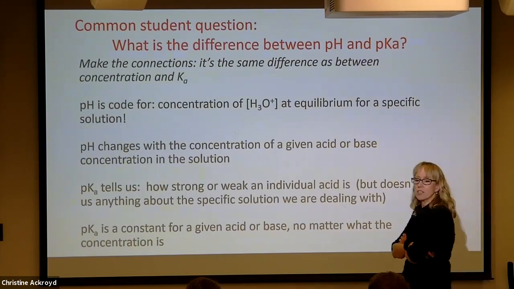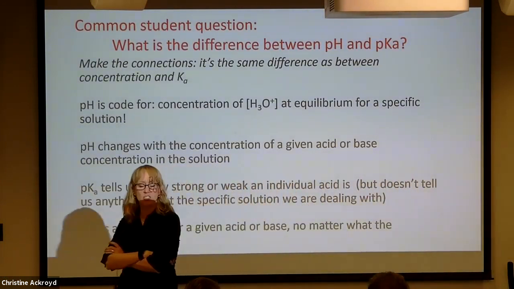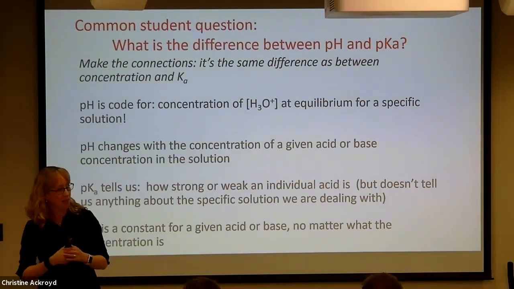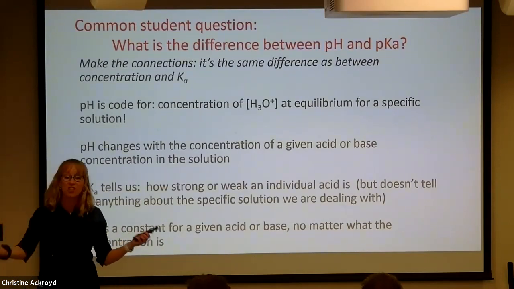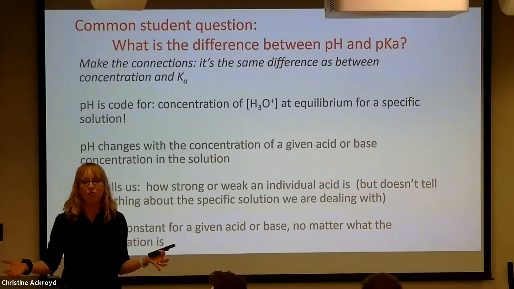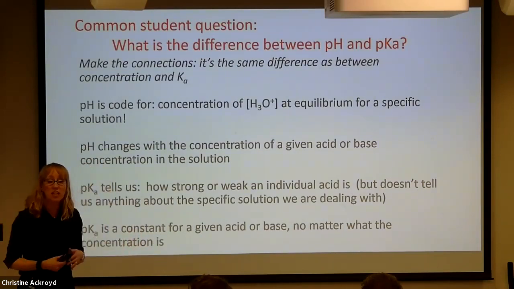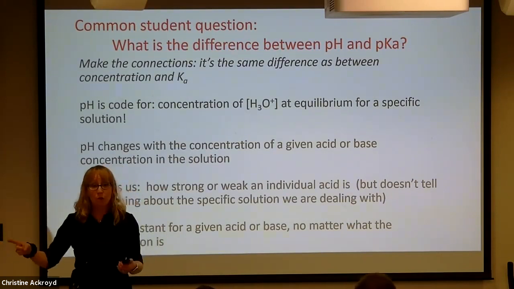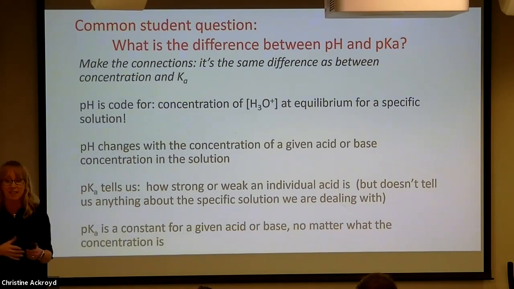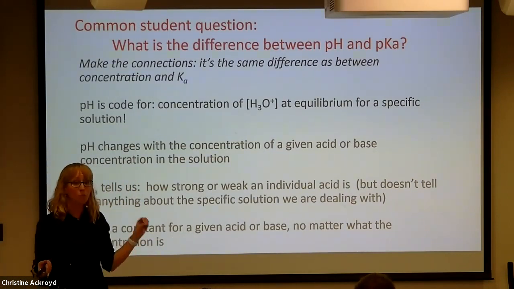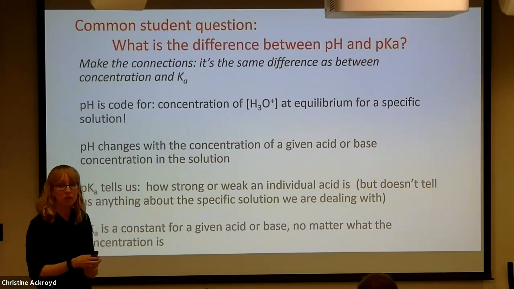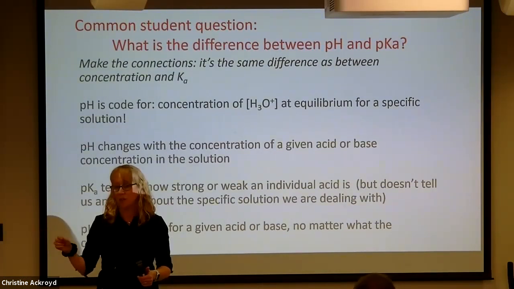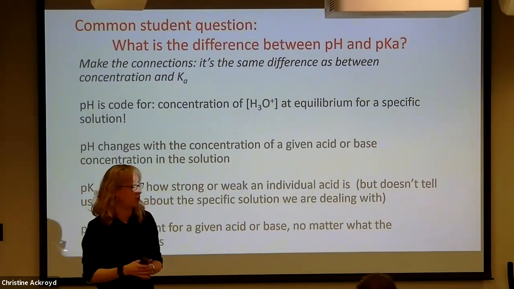Okay. Students commonly struggle with what's the difference between pH and pKa? pH has to do with the solution. pKa is only the acid itself. Yeah, pKa is just another way of reporting Ka. So it just tells you how strong the acid is that you're dealing with. But pH tells you how much hydronium you actually have in that solution, which is a function both of the Ka, the strength of the acid, and how much acid you have. So pH applies to a single solution. What does pKa apply to? A single kind of acid, which could be found in multiple different solutions, right?